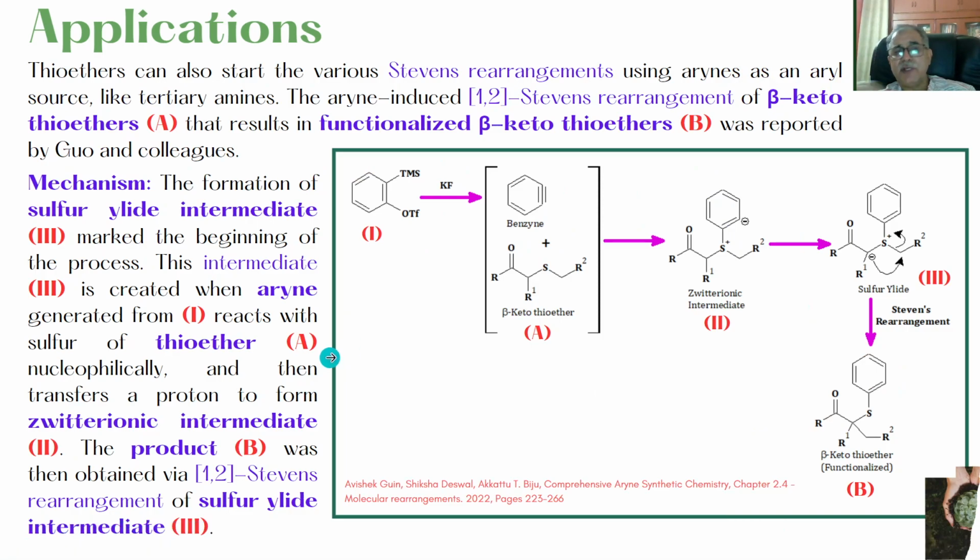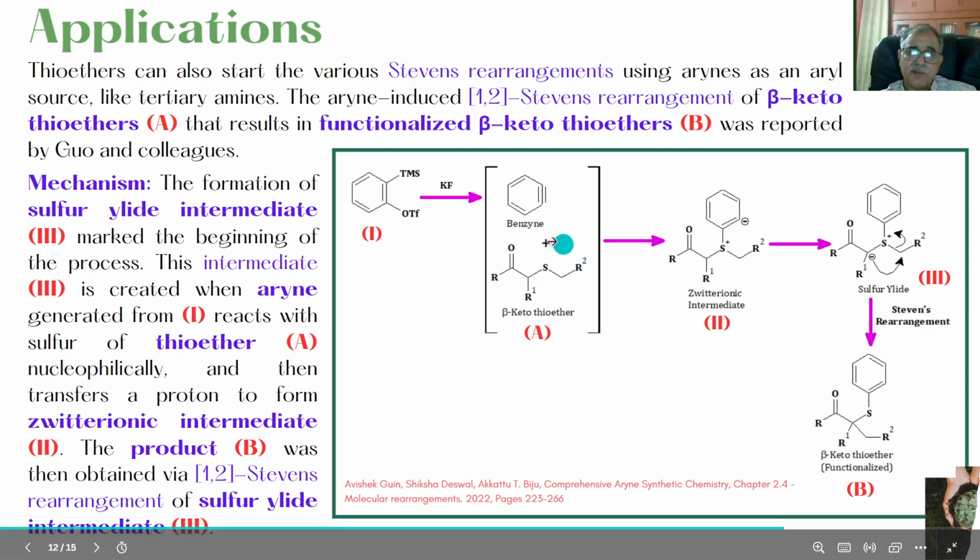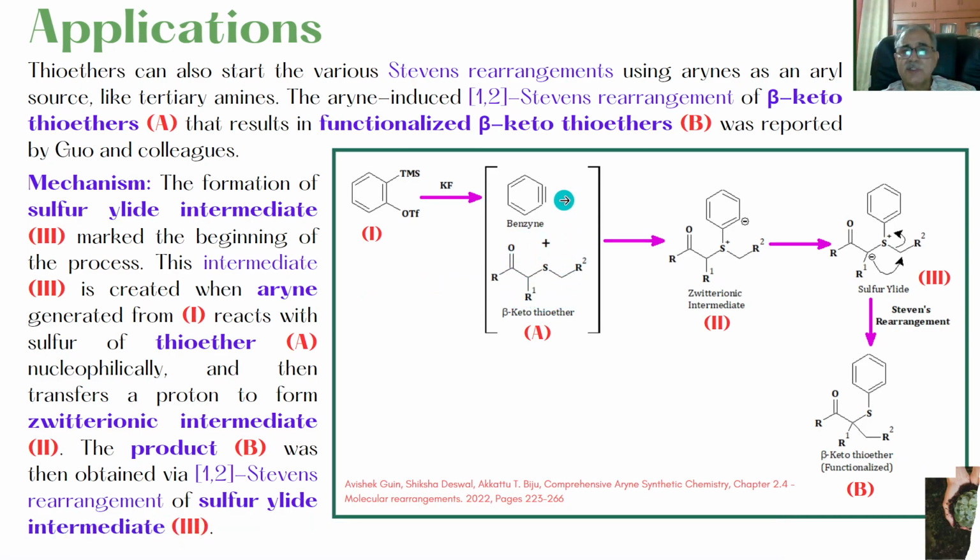Then another application is that, as you have seen, most of the reactions involve quaternary ammonium salts; similar to this, we can convert beta keto thioethers into functionalized beta keto thioethers. For example, when beta keto thioethers are reacted with benzyne, again formed in situ from these types of substrates,